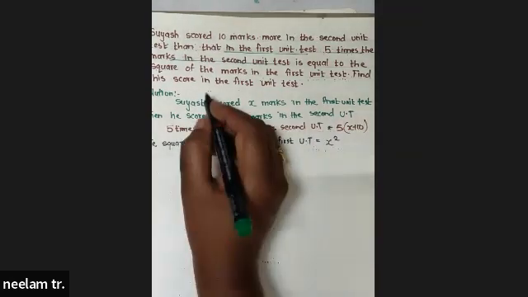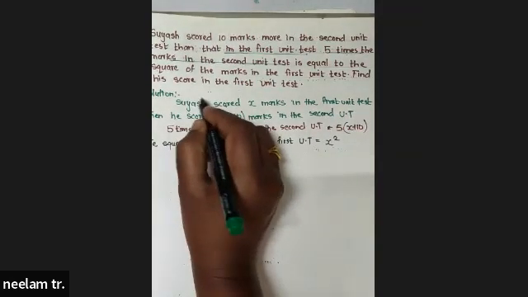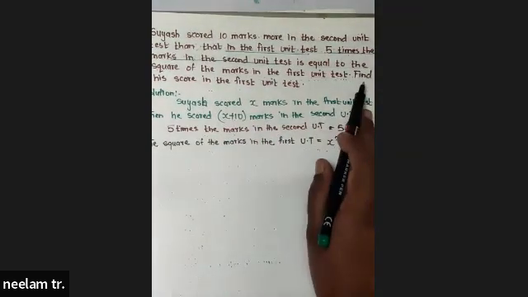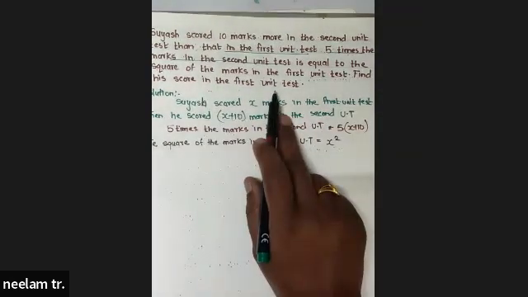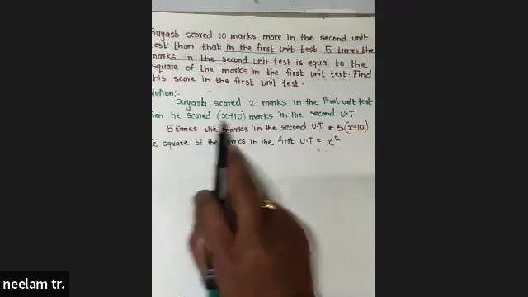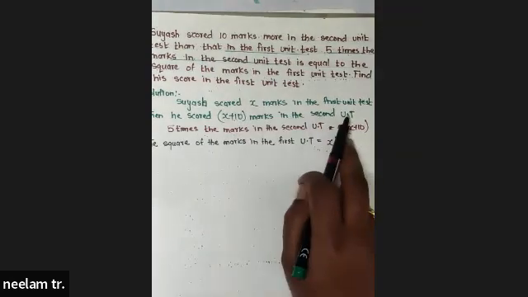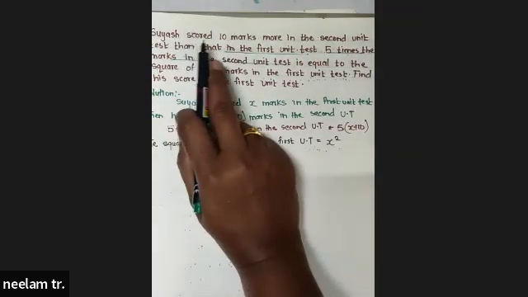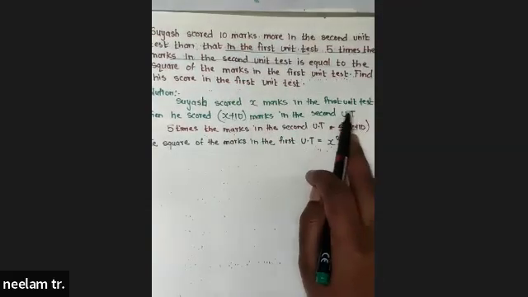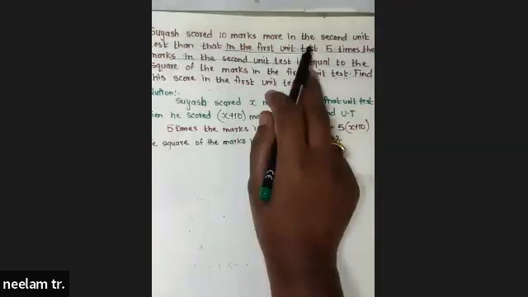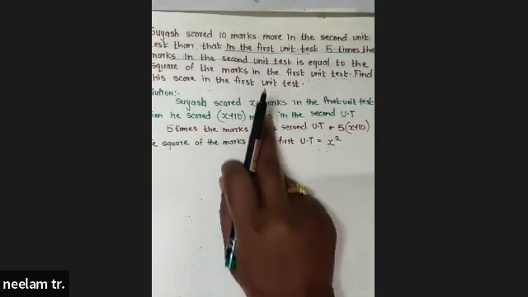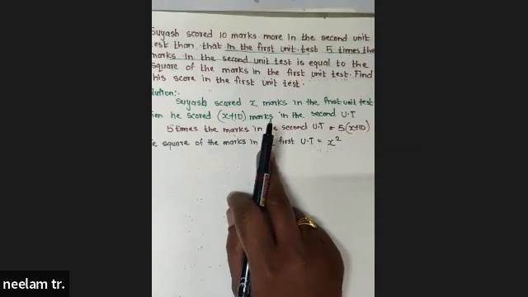This much you understand, I think, class. Everyone understand. Suyash scored x marks in the first unit test. This is there in your last stanza. First, we need to find the x. Then, he scored x plus 10 marks in the second unit test. First stanza, see the first stanza. He scored 10 marks more in the second unit test. Just read one sentence and start writing it. This way all word problems get easily solved.